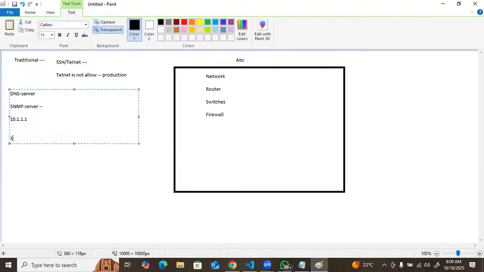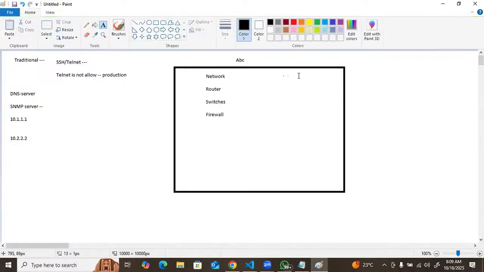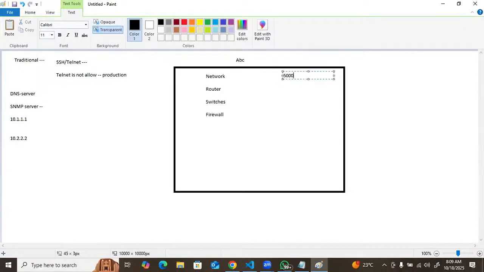Now we change it to 10.2.2.2. The SNMP server IP got changed, and you have 5,000 devices. Just a simple example. On those 5,000 devices, you need to change the SNMP server. How can you change it?